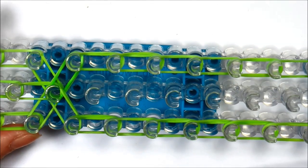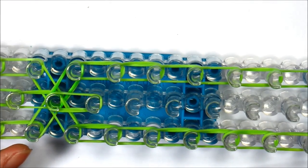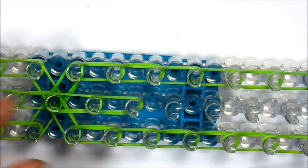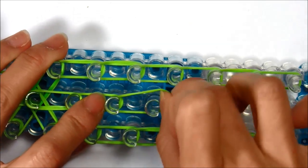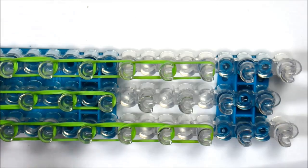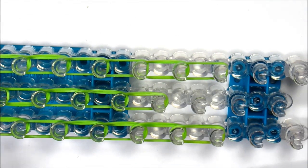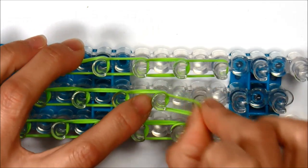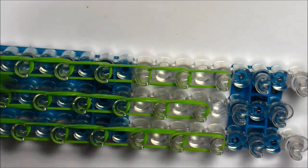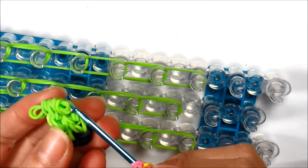Now come down the center with 2 single rubber bands, and we'll come down 6 times also. That's 2, 3, 4, 5, 6 times. Now taking our legs, and there should be 4 of them, and you're going to put your hook